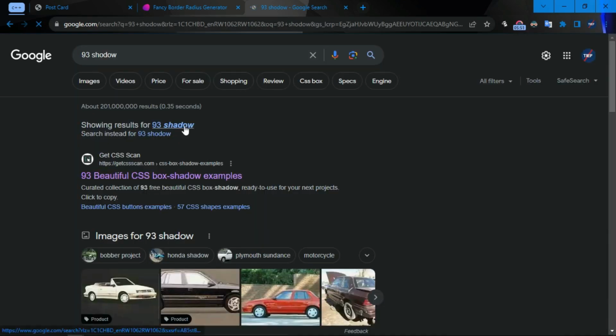As you can see, this first link pops up, it's the CSS scanner, maybe.